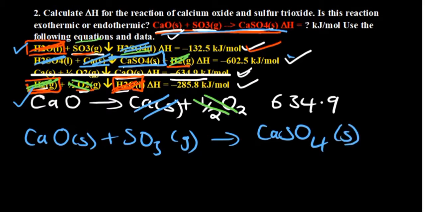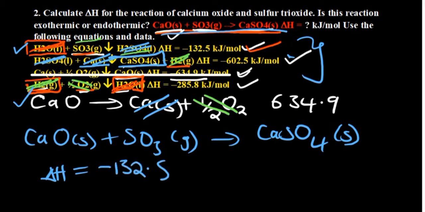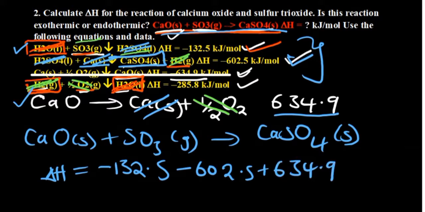So how are we going to determine the enthalpy? We get the enthalpy from these other equations, and that's what Hess's law tells us to do. From the first equation, it remained the same because we didn't reverse it. The second one remained the same, we didn't reverse it. There was no need to do that. The third one, which is this one, had to change the sign because we reversed it, so it's a positive value. And this one remained the same as well, so minus